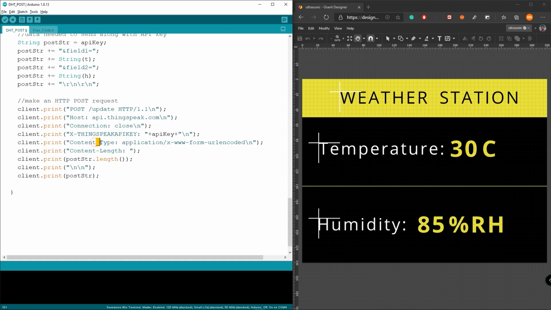I'm sorry, here should not be an underscore, it should be a hyphen. Next, print a string on the serial monitor to confirm that the data is sent to ThingSpeak.